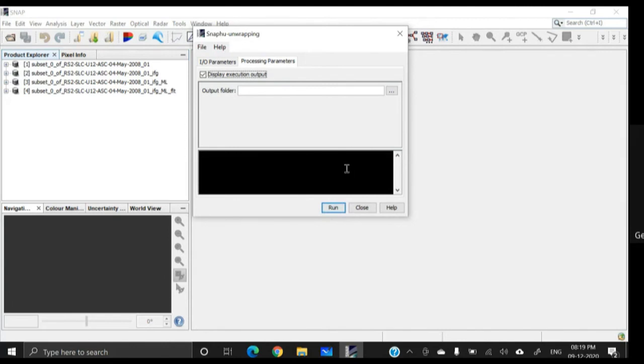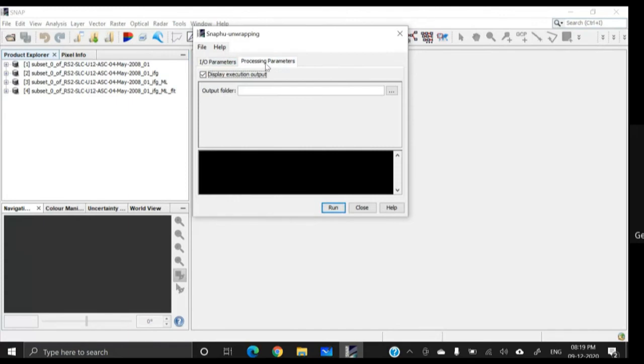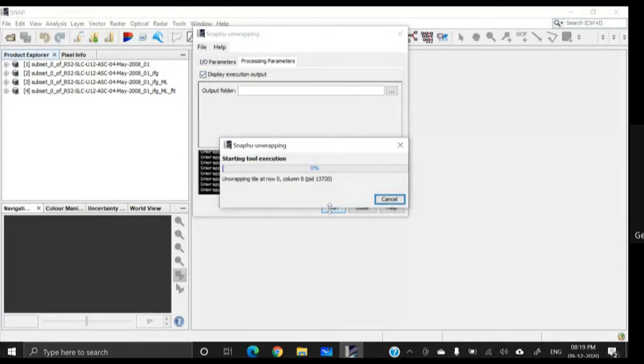Then click on run. So what we did here: source product as the last phase filtered image, then processing parameters, display execution output checked on, and then click on run. That's all. If you click on run, it will take a long time to unwrap the data.